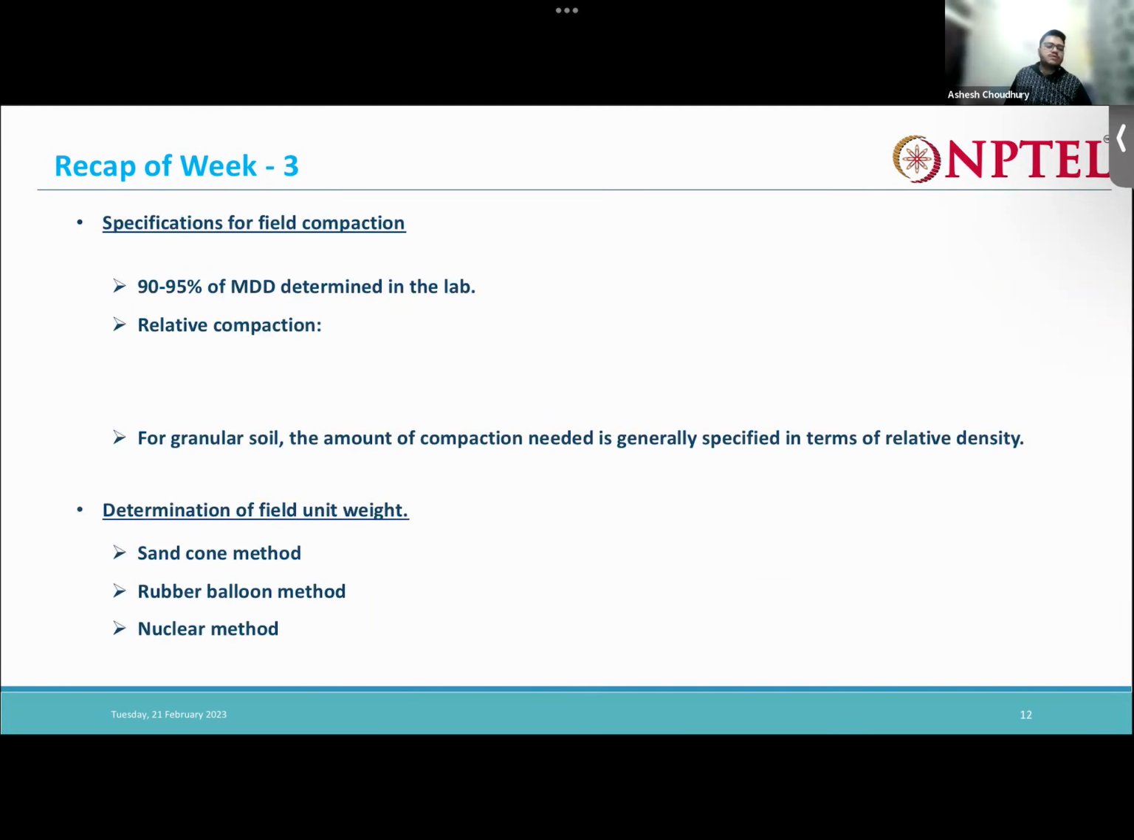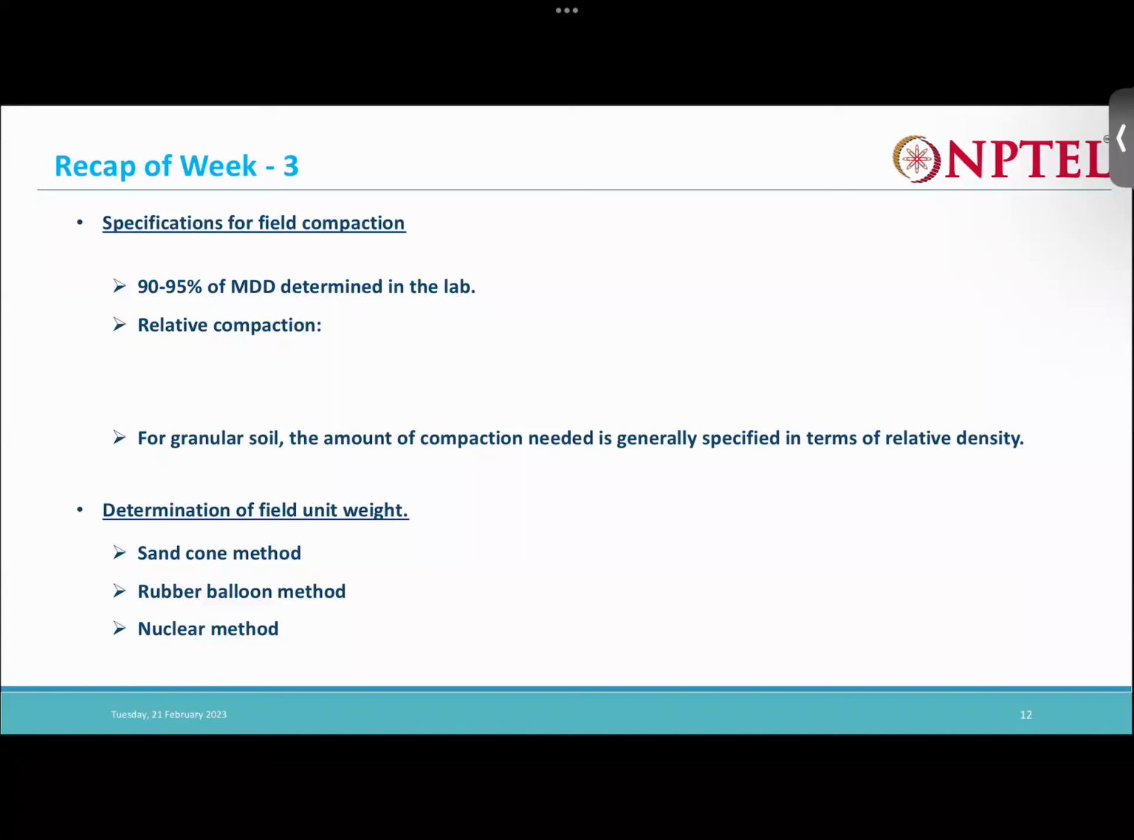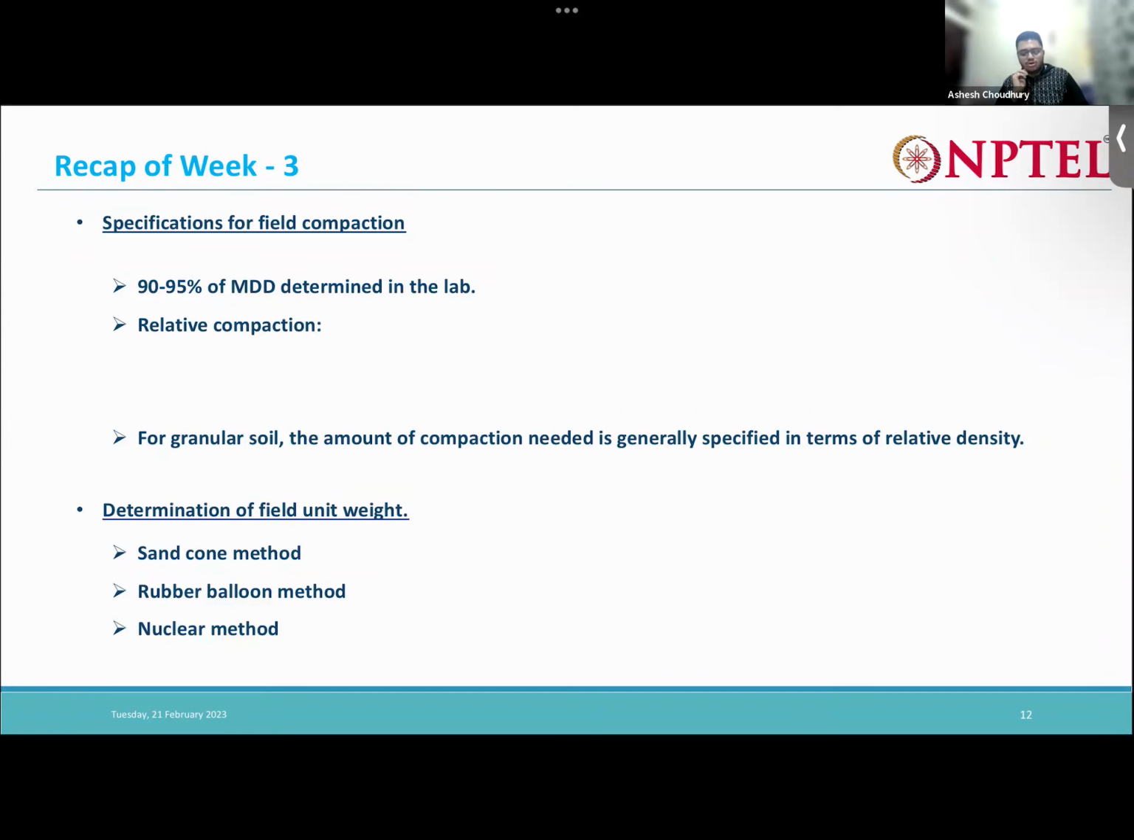Now, specifications for field compaction. In the field, it is generally told that in the lab, by the Proctor test, you can achieve a certain amount of compaction, so a certain dry density for a particular soil. First you do the experiment in the lab, and then you have to translate this same